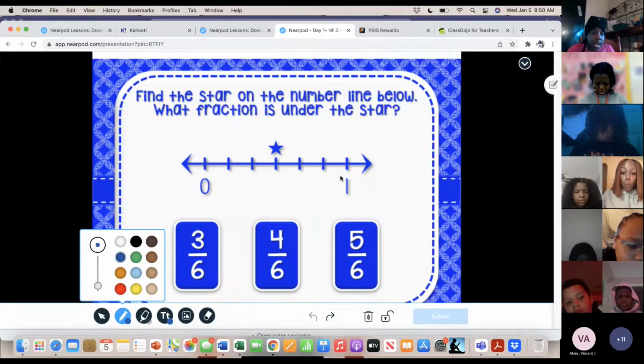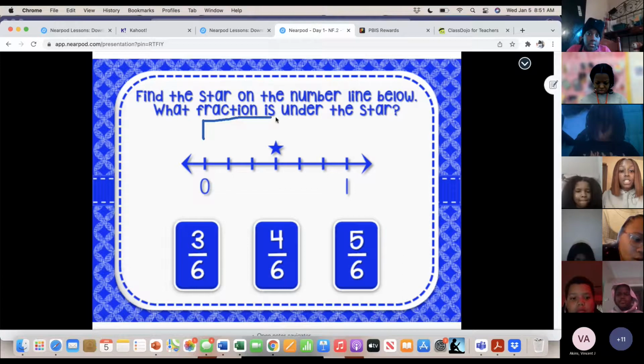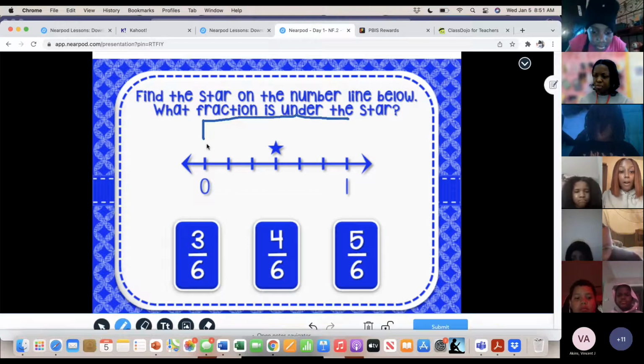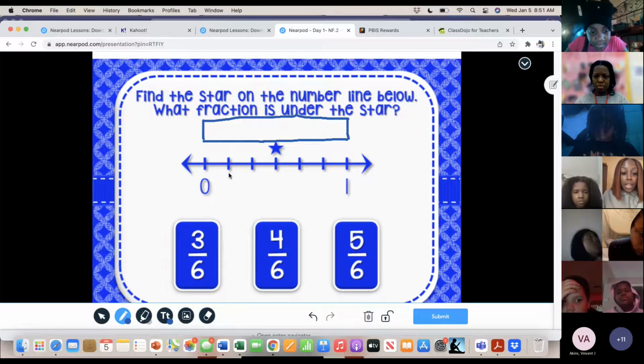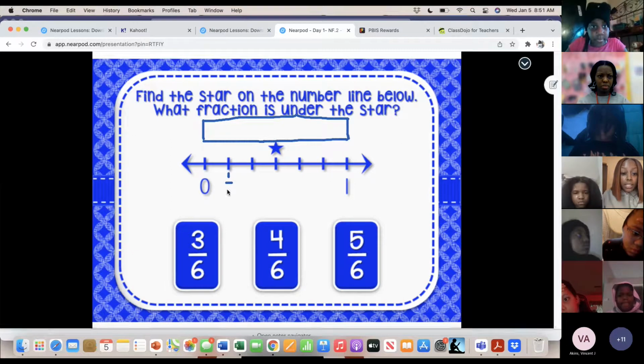So this is 1 whole. I had to count the number of parts. We can relate this to a fraction, just like if it was a fraction bar. So this is 1 whole fraction bar, but I have it split. So this will be 1/6,